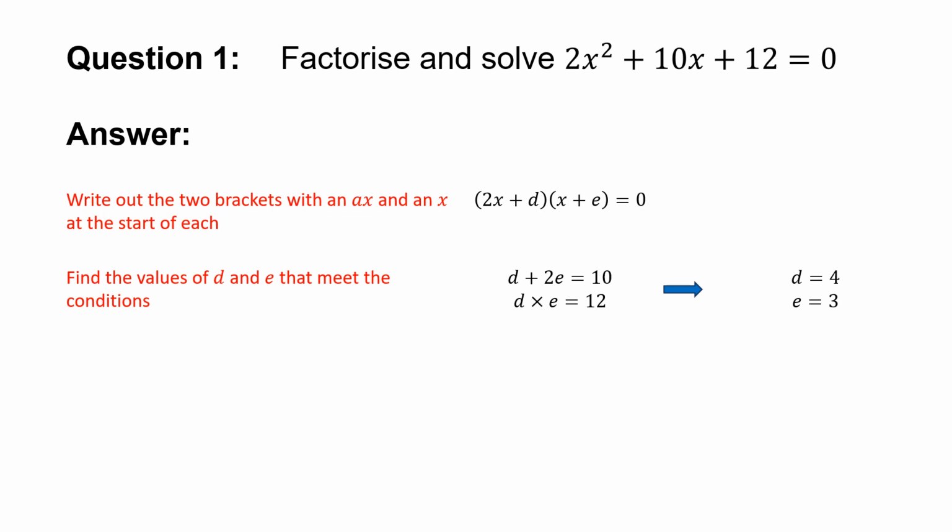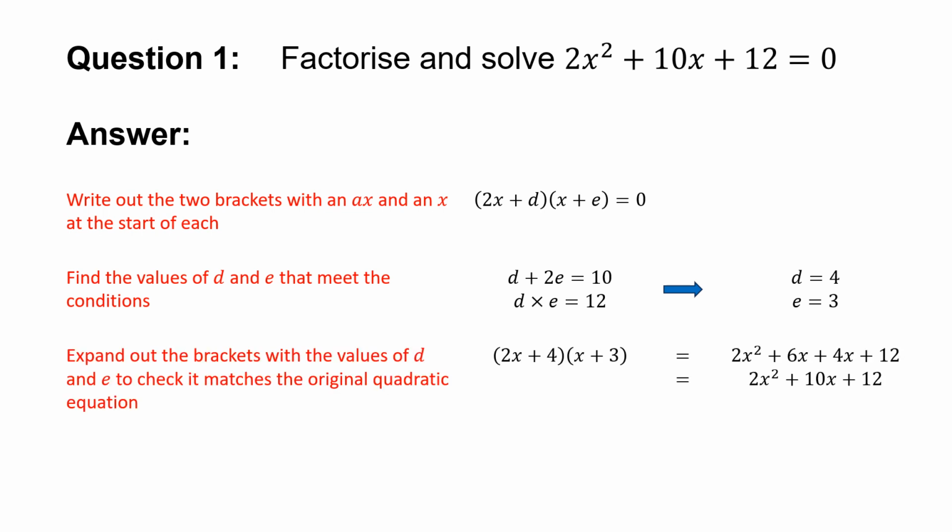So in this case, our a is equal to 2, because it's the term before the x squared. So we have d plus 2 times e is equal to our b term, which is 10. And we have d times e is equal to our c term, which is 12. Using trial and error, we should get that the two values which satisfy these conditions are 4 and 3. We're going to plug these back into our brackets, and we get that we have